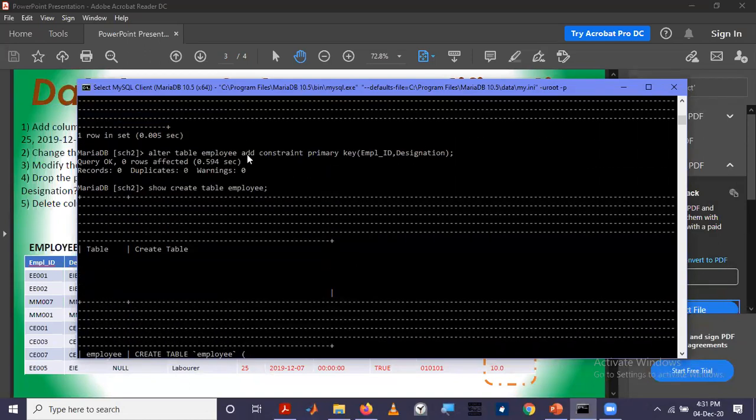So we use add constraint primary key, then the attributes in the primary key. That's how you drop constraints. That means delete constraints and add constraints even after you have created the table.